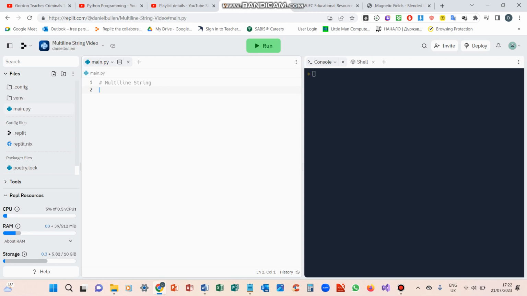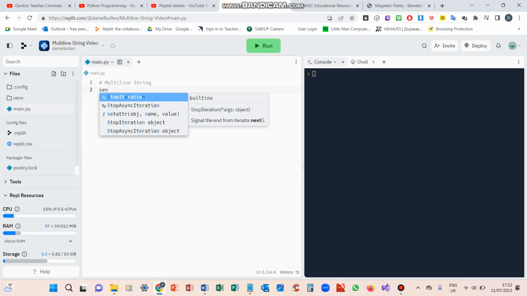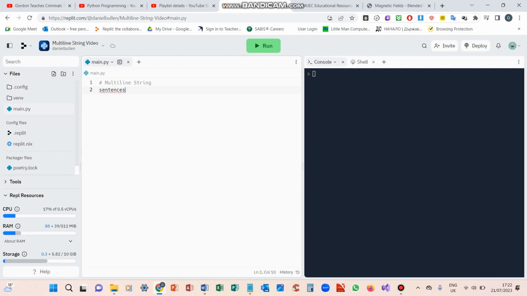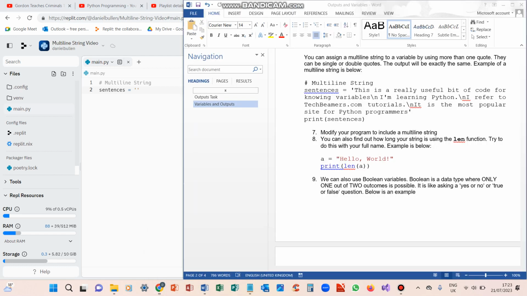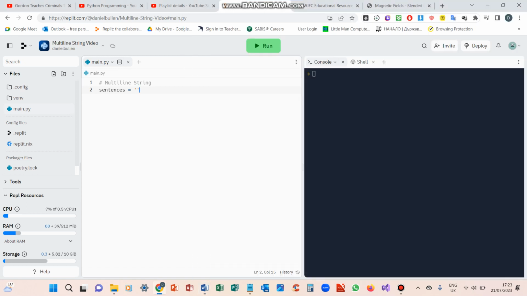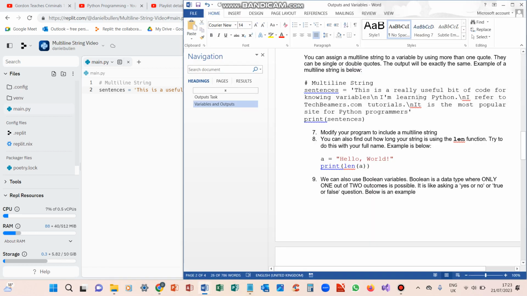But we do want something to be compiled. We'll call that sentences. We're going to declare it as a string, so we put equals. And then we're going to do single quotes just to make a nice little chain. And say I wanted to have something like, this is a useful piece of code. We can do \n. And what we can do there is we can say,